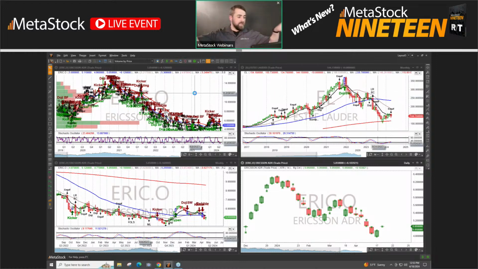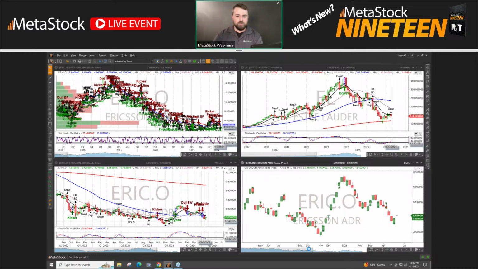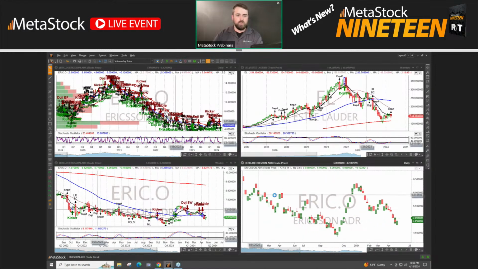If I have multiple layouts open with different templates and windows on multiple monitors, this cursor is going to show up on all of them. This one's so zoomed in that it's harder to see, but let's make this bigger. So the global cursor, guys, I absolutely love it.